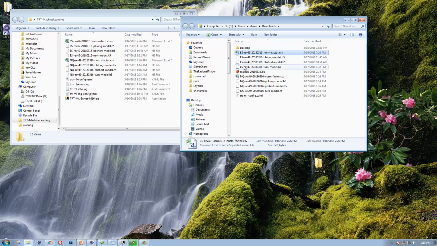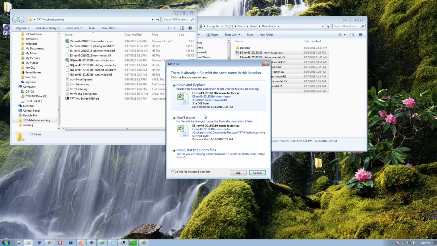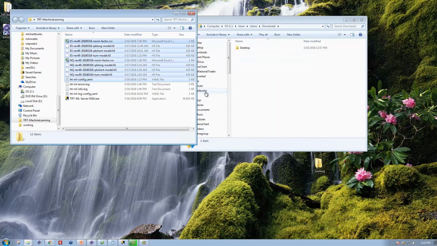Just take those files, all of them, and here it's easier to do this. I'm just going to delete the model zip file. Now the files here you can just select all and copy across. In my case, these are already there, so it's going to ask me if I want to replace what's there. The answer is yes. You shouldn't see that message normally, because normally it's a new file. The model files you have in the directory are from the previous week, so you're going to be copying